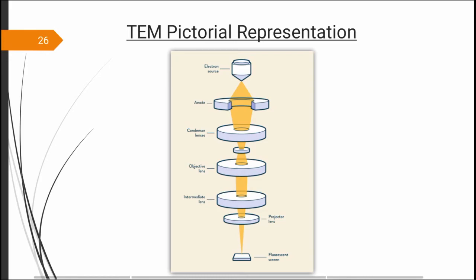In this we are using an electron source to send a beam of electrons through an ultra thin sample. When the electrons penetrate the sample, they pass through lenses below. This data is used to create images directly on a fluorescent screen or onto a computer screen using a charged coupled device camera. So this is how the TEM is working. By simply analyzing both pictures also we can understand the main differences between them.